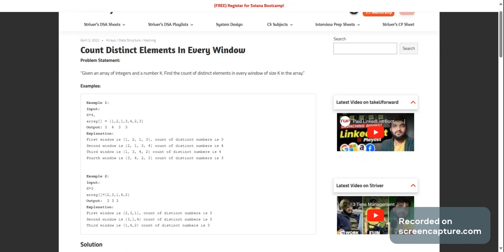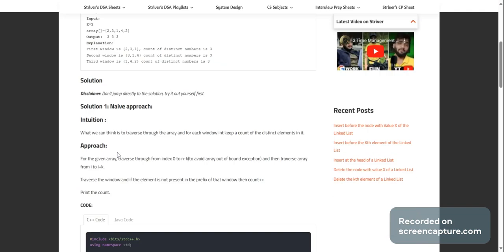while solving this problem, I discovered there is the delete keyword in Python to delete keys in a dictionary. And why do we need to delete a key in a dictionary and not just set it to zero is what this problem is about. Given an array of integers and a number k, count the distinct elements in every window of size k in the array. So the naive approach